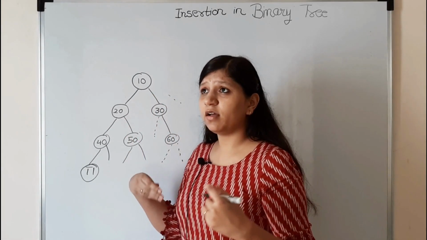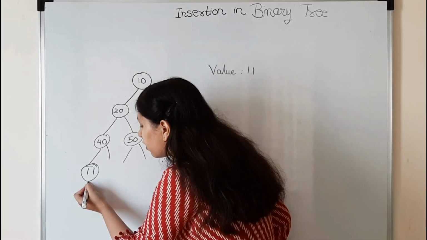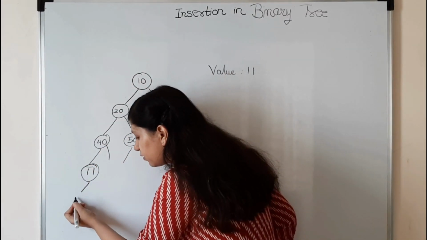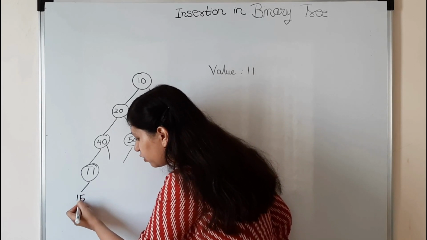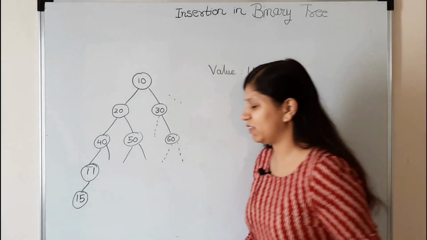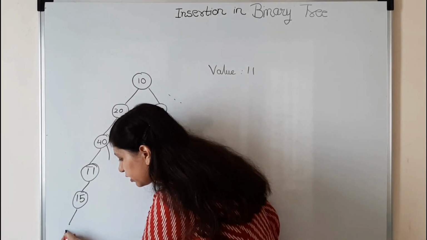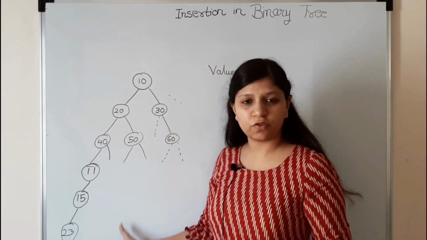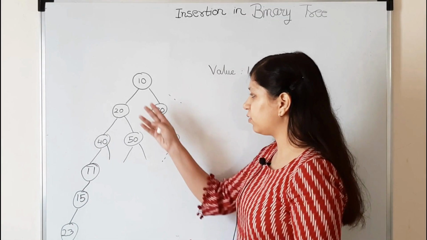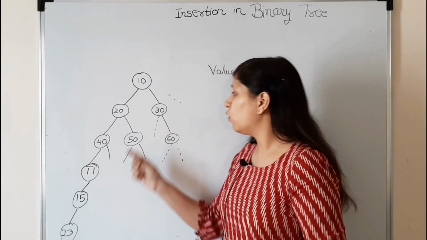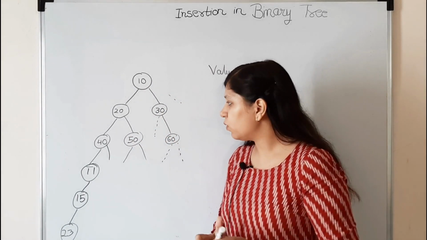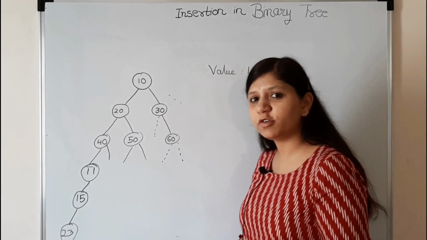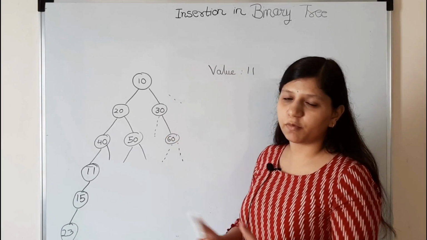Now another request comes. So you will insert it after 11 because this is the leftmost path. Say the request is of 15, you will insert it here. Another request comes. You will insert it here, say 23, right? Now look at this tree. This is like an unbalanced tree where left has too many children while right doesn't have. So it's kind of an unbalanced tree. What other approach can you think of? Insert at the right, same problem.